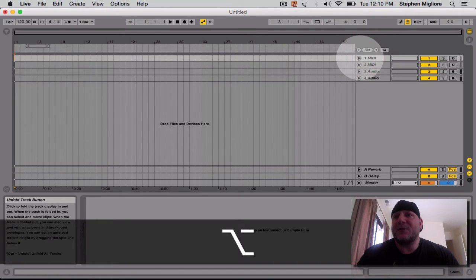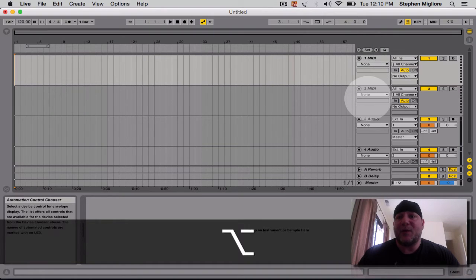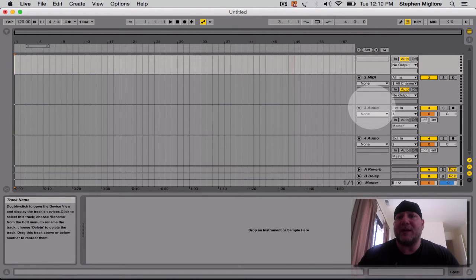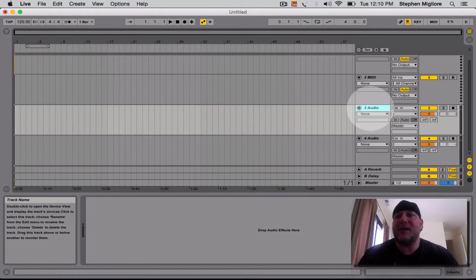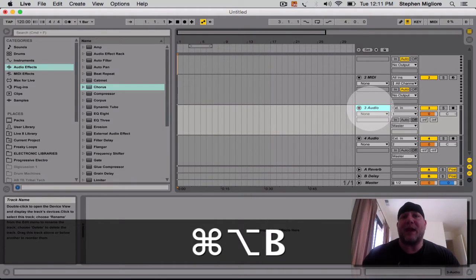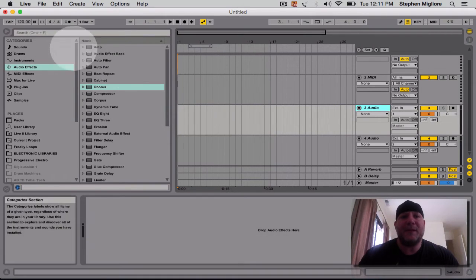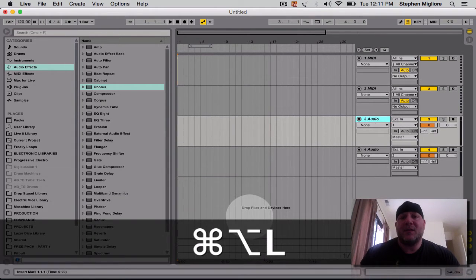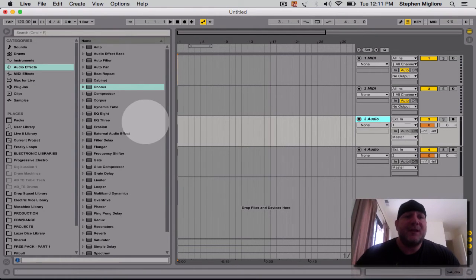So the first thing I'm going to do is choose an audio track here. I'm just going to move down to where it says Audio 3, and then I'm going to hit Command Option B, and that's going to open my browser on the left. And I'm going to close the loop box down here. I'll explain that later. But Command Option L closes that, gives me a little bit more screen space,